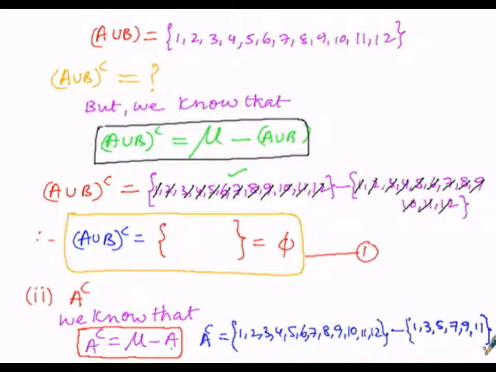In order to subtract the second set from the first set, we have to cancel the like, similar elements. The elements 1, 3, 5, 7, 9, 11 are the elements of the second set. Similarly 1, 3, 5, 7, 9, 11 are also present in the first set. So those from the first set and similarly those from the second set get cancelled. Now the elements which are left over in the first set, that is the mu set, are the elements of the A complement. In this manner we can write A complement as the leftover elements in the first set.